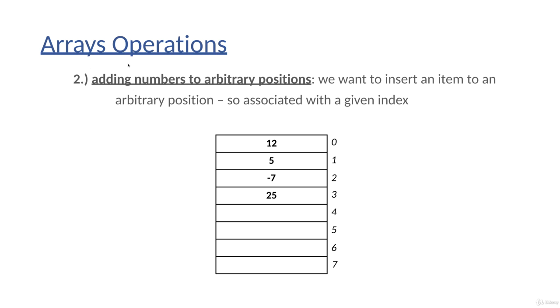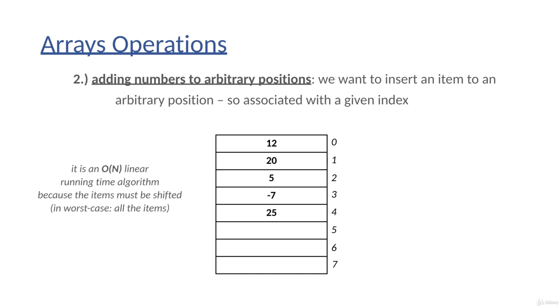Okay, what if we would like to insert a new item at an arbitrary position? So we want to insert an item associated with a given index. For example, we would like to insert a new value with index 1. Of course, there's already an item, so what do we have to do? First of all, we have to shift every single item that has higher index values than the actual one. So what does it mean? The 25 will be shifted, -7 will be shifted, 5 will be shifted,